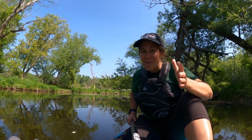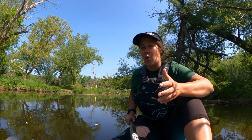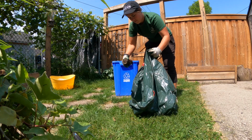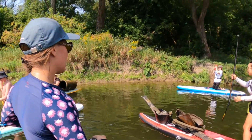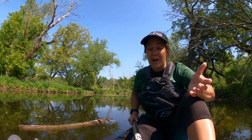A few other tips to keep in mind. What is the final destination of the garbage that you are picking up? Is there a place to recycle it on site, dispose of the trash? Are you organizing a larger cleanup with a group of people and therefore have a lot more trash to dispose of? It's a good idea to call the city, town, county that you're in order to have the trash collected